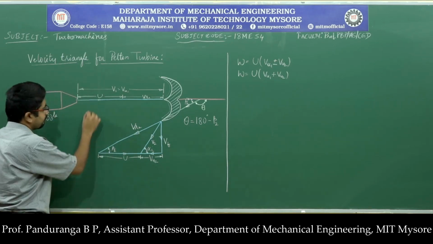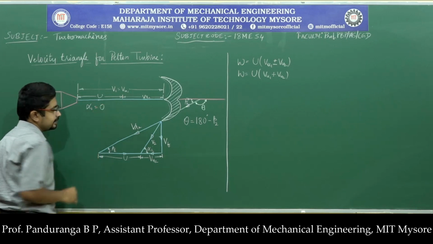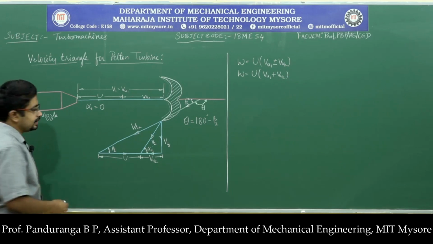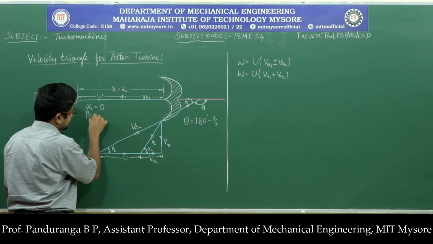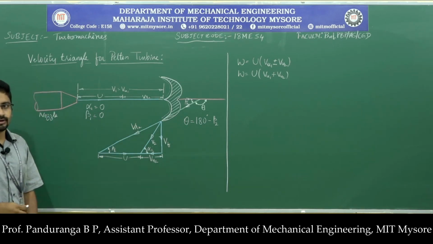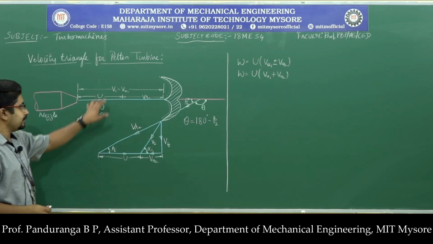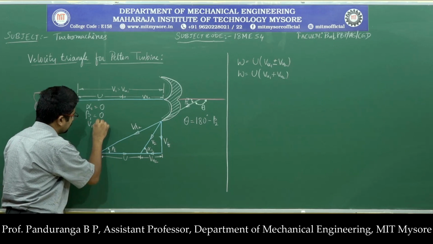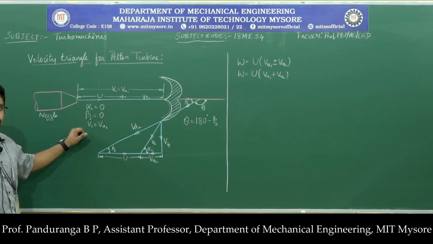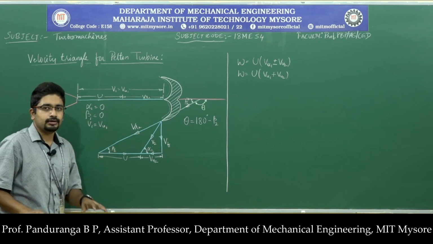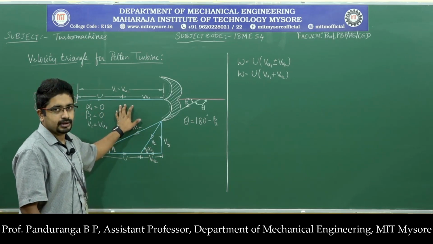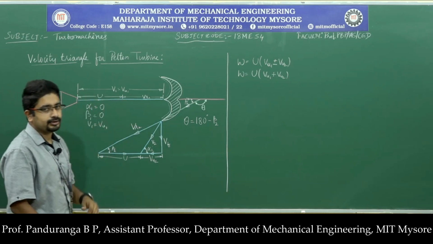In this case, alpha 1 will be equal to 0 degrees because the fluid is entering from the nozzle tangentially, and also beta 1, as I said, at the inlet the angle will be 0. So beta 1 will also be equal to 0, and you need to remember V1 is equal to Vu1. So since alpha 1 is 0, V1 will be equal to Vu1, and there will be no flow component in this case. Okay, at the inlet we don't have Vf. So V1 will be equal to Vu1.